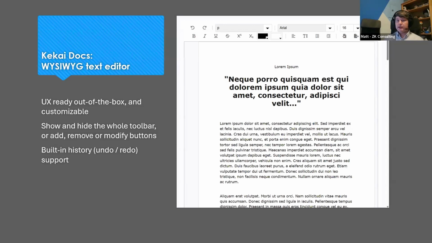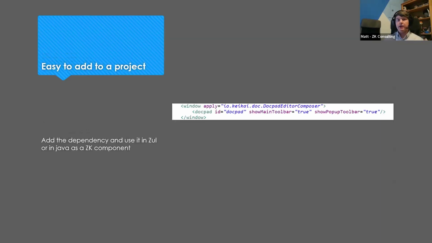How do we think this should be introduced in an existing ZK application? As simply as possible, because a document, in this case, would be a docpad, is essentially a ZK component. So we want to be able to use it with a ZK ZUL file. We want it to be usable if you create your component in Java as well, with simple attributes that you